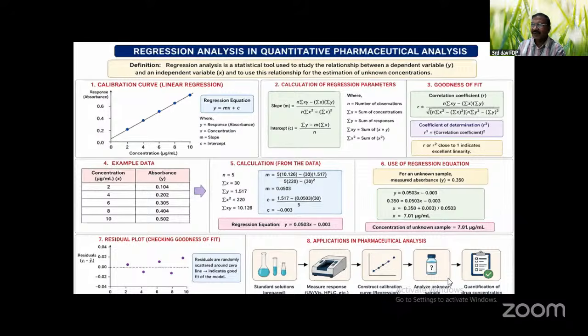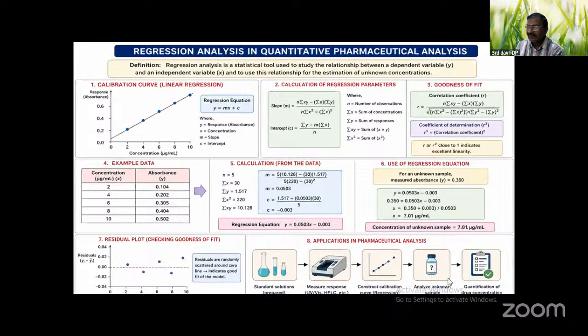Then here is given one example of how to find the unknown concentration from the given data set. Then points 4, 5, 6 are explained. The concentration of the unknown sample gives 7.01 microgram per ml on the basis of y = mx + c calculation. Now we have to apply the software to identify the goodness of fit. See the 7-point residual plot diagram, which shows points randomly scattered around the zero line, meaning a good fit of the model. Otherwise, the model is not correct. We have to go